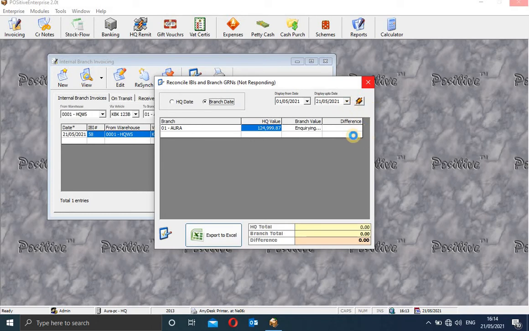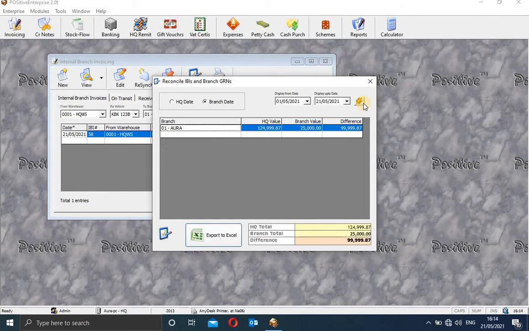That is when the branch will be told to do what we call a Z report. You can query this stock from whatever period of time. Now it has queried the branch value, it is this, HQ is this, and the difference is 99.